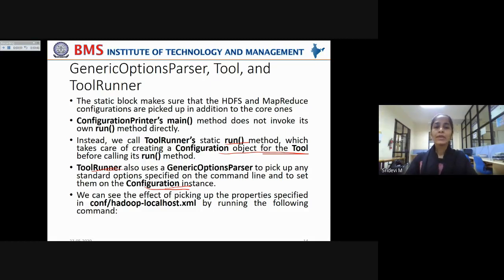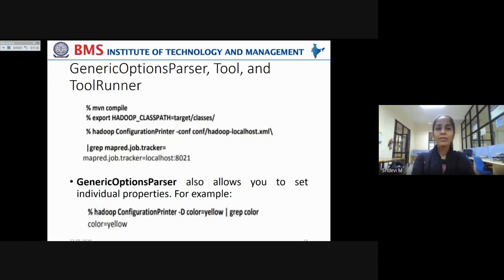All the properties can be set by passing them through the command line, which are actually interpreted by the GenericOptionsParser. Now we can see the effect of picking up the properties specified in conf/hadoop-localhost.xml by running the following command. Let us see how it is run. We are using mvn compile and exporting the HADOOP_CLASSPATH, whatever classes you wanted to read into your project that you give here, and along with that you are also calling the ConfigurationPrinter Java class, which takes the configuration from hadoop-localhost.xml.